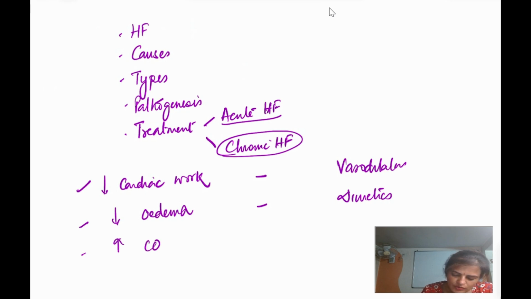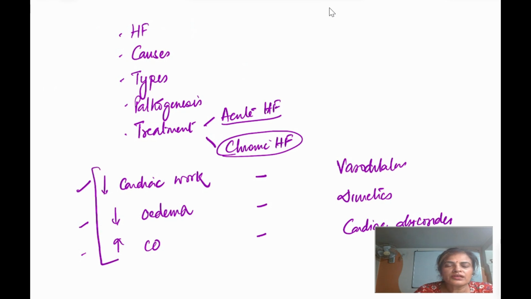To increase the cardiac output, if it is needed, we give cardiac glycosides. These give symptomatic relief. They do not have any survival benefit. There are certain drugs which are going to improve the survival of the patient. So to improve the survival of the patient, the groups of drugs are